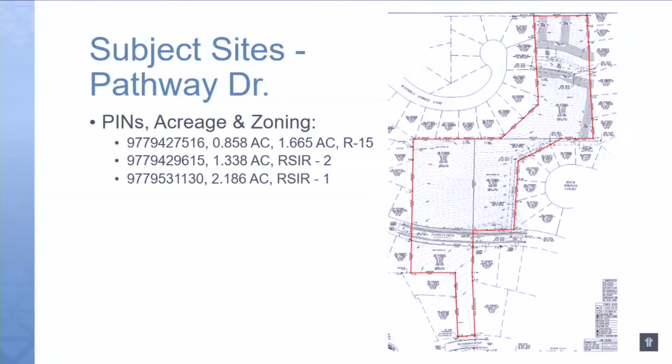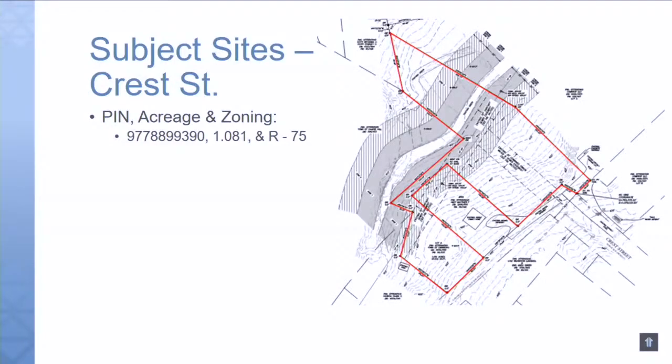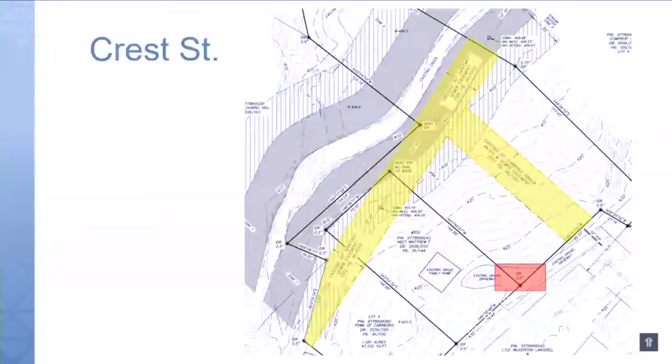So those are some components you could look at by just seeing this survey and say, well, let's see if we bring in all this fill and flatten it out, how many townhome units we could get on for affordable housing. Or you might say, I don't want to fool with filling. I don't even want to look at it. I know it's going to be too expensive. I know I'm not going to get return on investment. Again, pretending you're a private developer here. I don't want the site. So those are some of the components and decision making, or some of the analysis you could do to decide whether you want to move forward with concept plans.